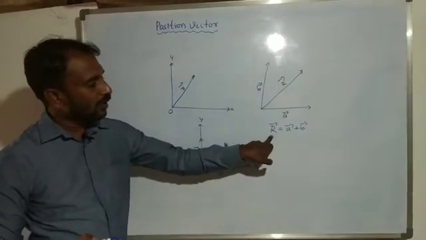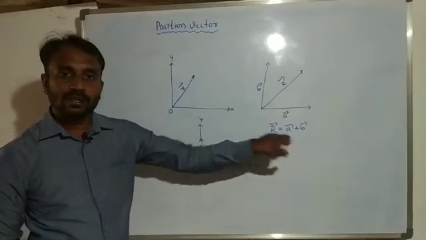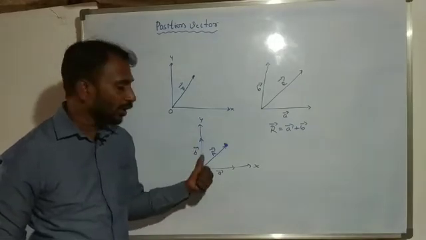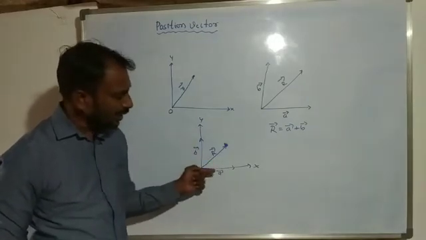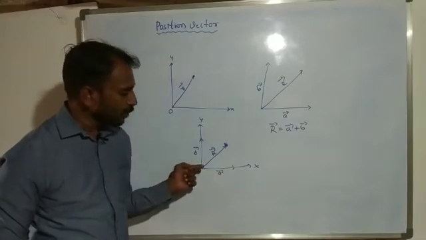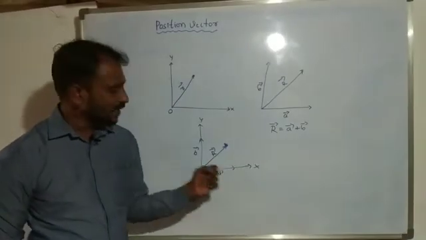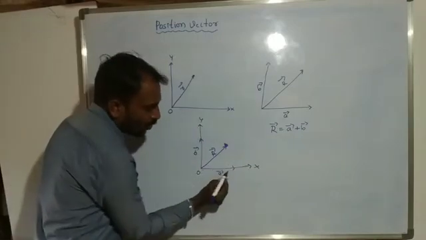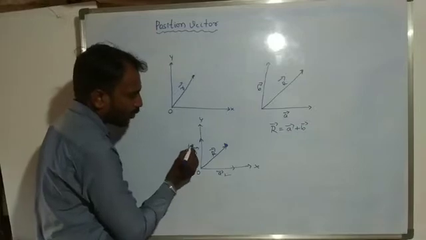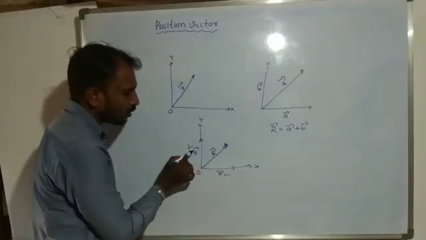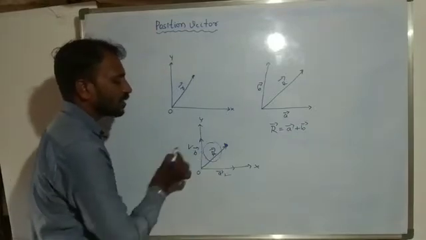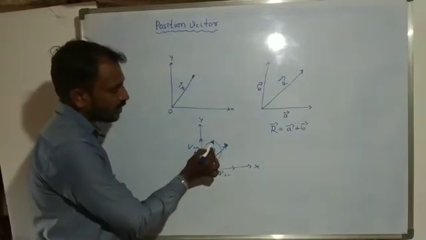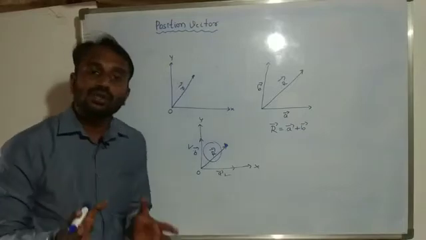I already told that r is equal to vector A plus vector B. Okay, so here vector A and vector B are components of vector r. It means vector A is present along the x-axis and B is present along the y-axis. For this reason the x-axis component is A and the y-axis component is B. By using these two components we will find out this resultant vector. Okay, if you find this resultant vector, that is what we consider the position vector.